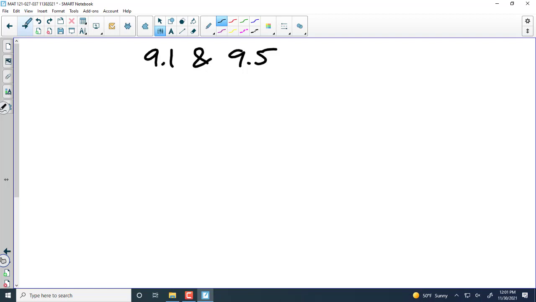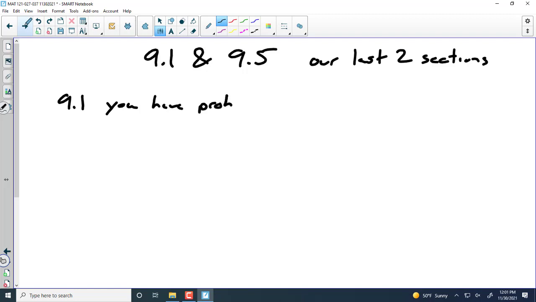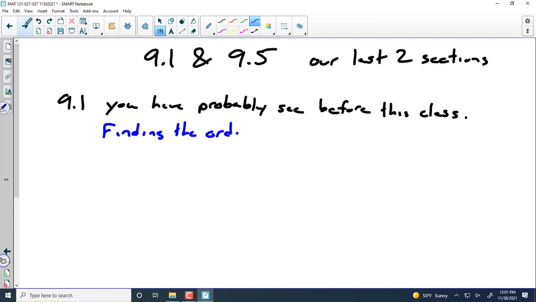9.1 and 9.5 are our last two sections. 9.1 you have probably seen before this class. If you haven't, that's okay. I'm still going to show it to you, but you've probably seen it before. What it is: finding the ordered pair where two lines intersect,